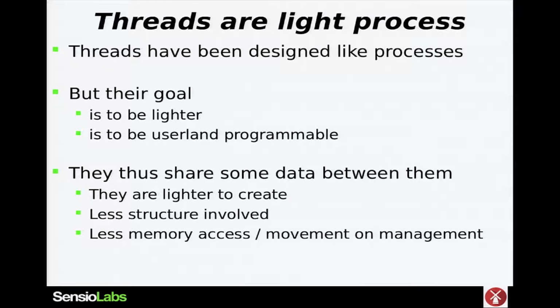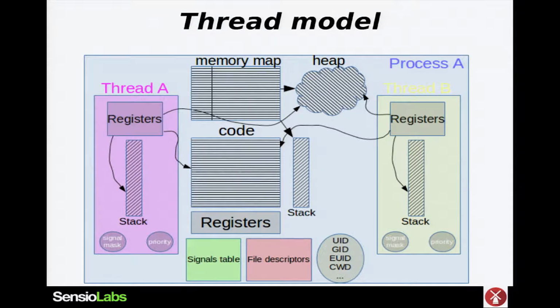Their goal is to be lighter and to be user-level programmable, okay? Processes are as well, but it's a little bit harder to do, and it's easier to do with threads, okay? They are lighter, with less structure involved, less memory access, movement, and management. This has been done with the sharing, okay? If threads are lighter, it's because they share a lot of things with the process